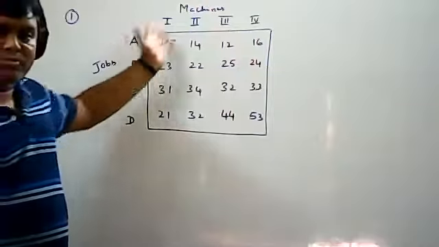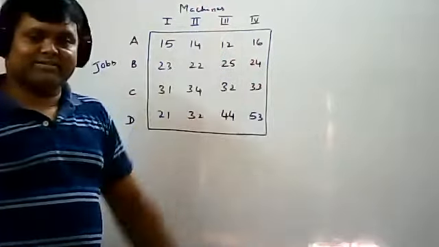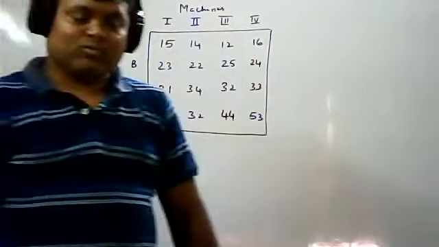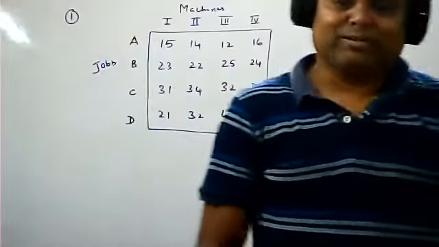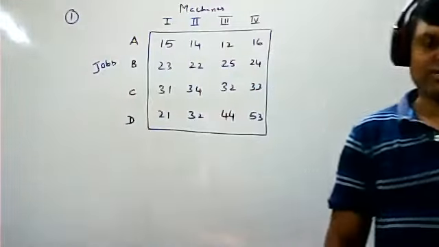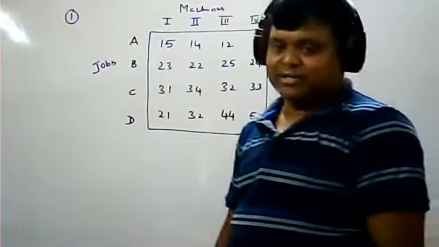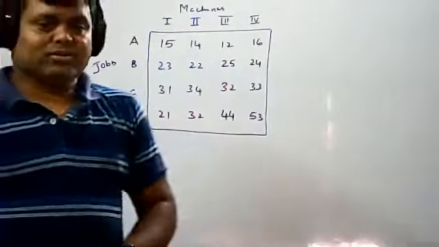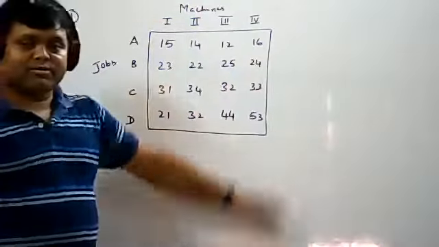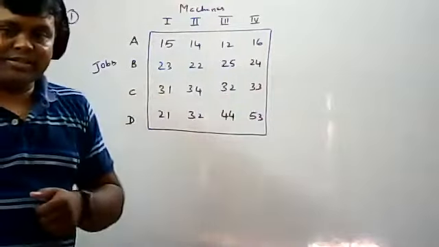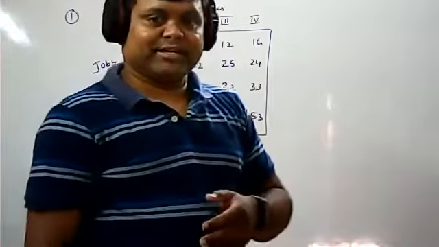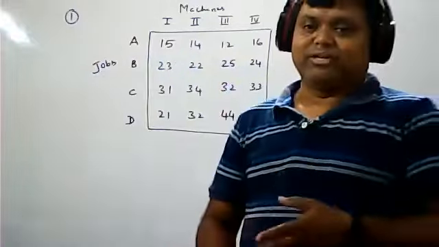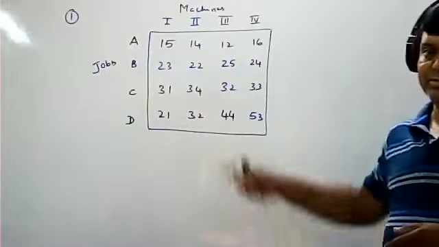So to perform these jobs on the machines, this cost matrix is given. You have to identify the optimum schedule and the minimum cost. You have to identify the minimum cost by using the Hungarian method. So how to solve this problem? In the Hungarian method, there are several steps. There are 9 steps in the Hungarian method. We will do it step by step, and we will finish this problem.